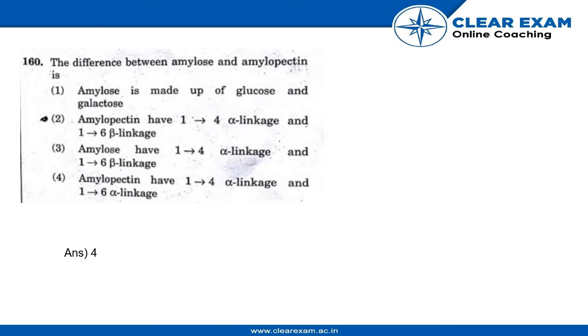Hey guys, now we are going to solve question number 160. Let's see what the question states. The difference between amylose and amylopectin is, and the options are: first one, amylose is made up of glucose and